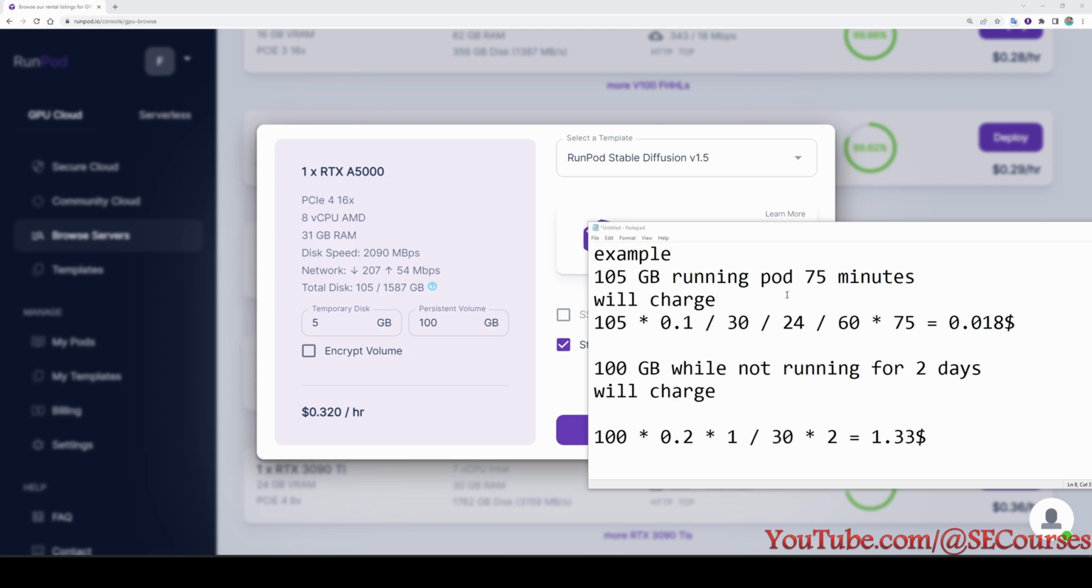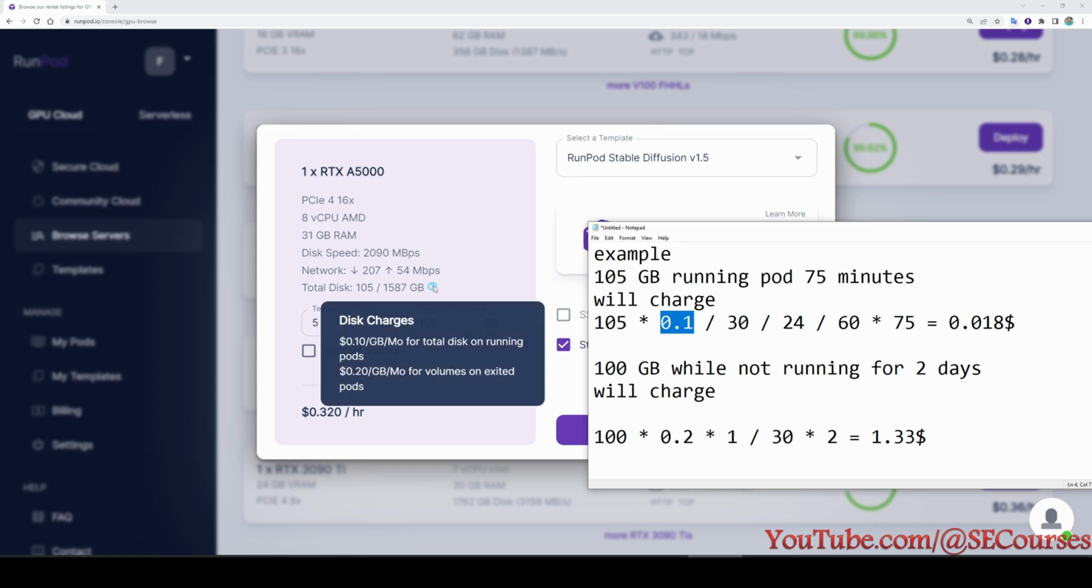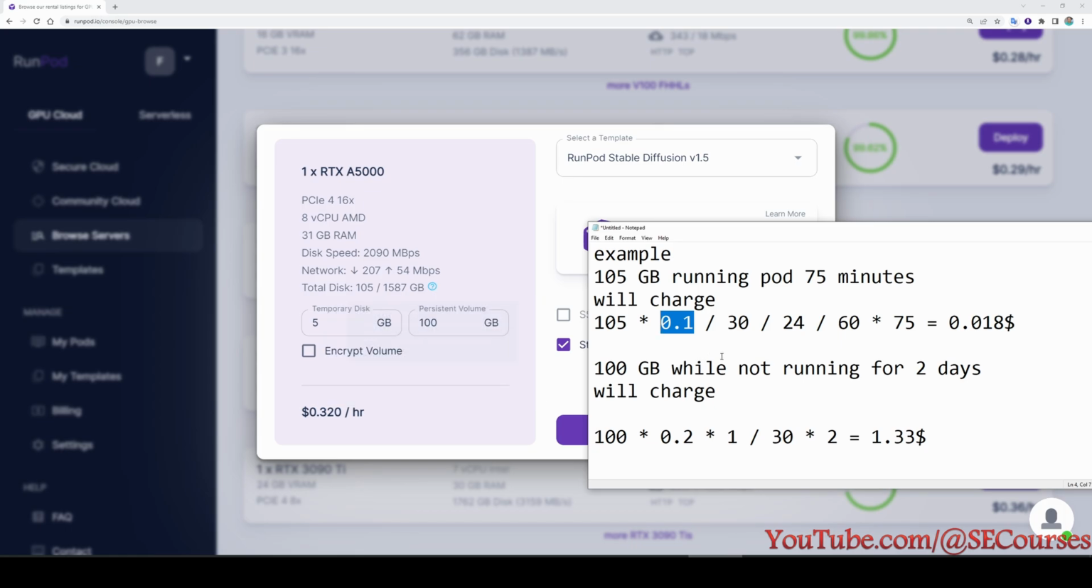Let's say our pod did run 75 minutes. So 105 multiplied with 0.1, which is the per gigabyte price per month. In a month, how many days are there? 30 days. So we are dividing it by 30 days. In a day, how many hours are there? 24 hours. So we are dividing it by 24 hours. In an hour, how many minutes are there? There are 60 minutes. So this is the price of per minute running, and since we are running 75 minutes,